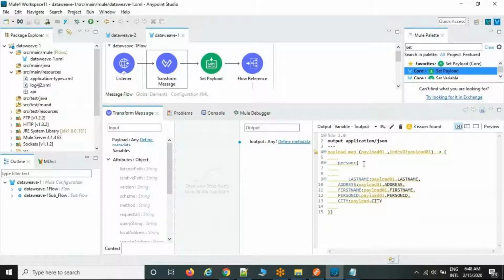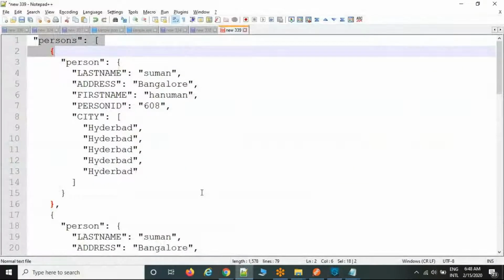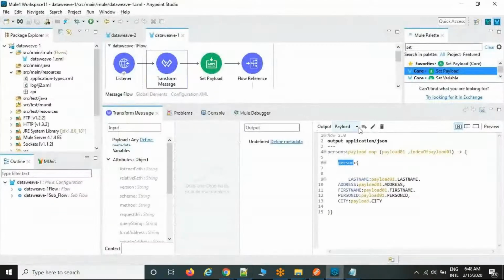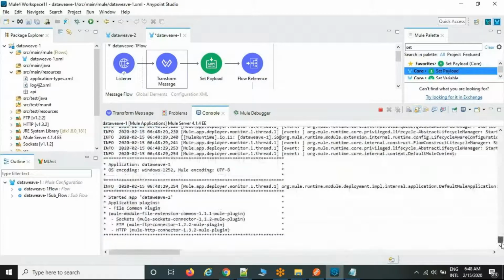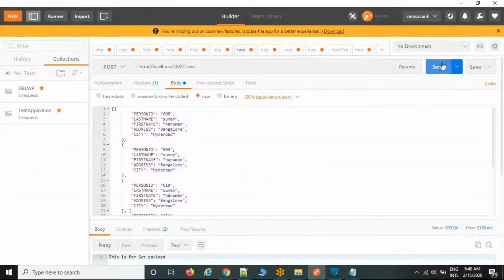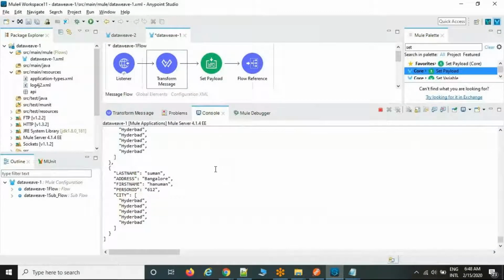That means I'm defining two different outputs now. This one is the output we discussed earlier. For the other variable, I'm going to maintain a different output. Now restart the flow, send a request, and you can see the output as well.